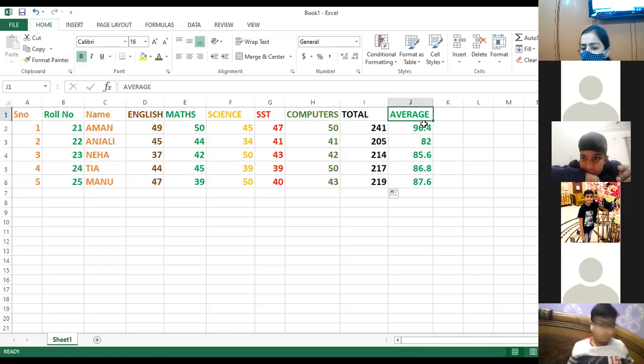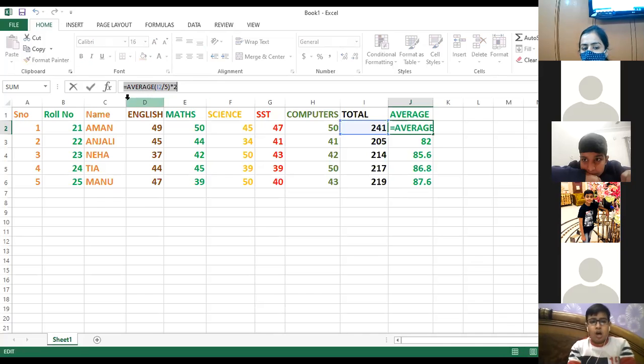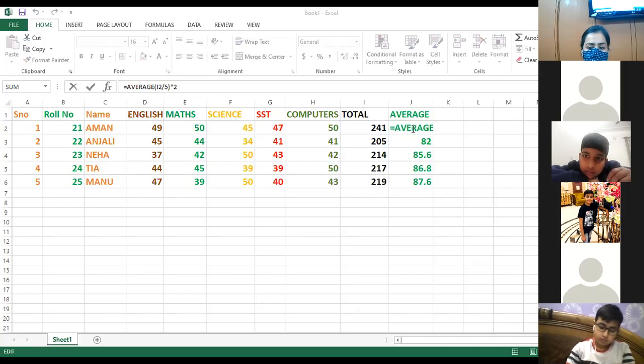Similarly, we had calculated the average. Average marks is to be obtained by total divided by number of subjects 5 into 100 into 2, sorry. Clear. So equals to, here you can see the formula for the average: equals to average I2 colon, sorry, slash 5 divide, multiply by 2.